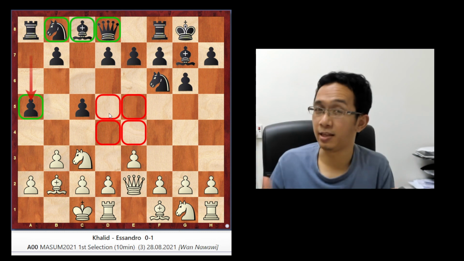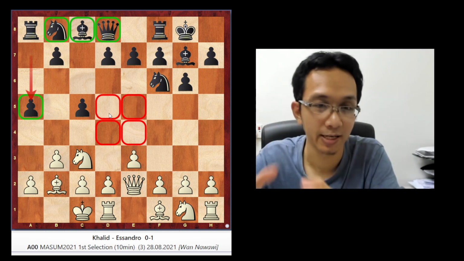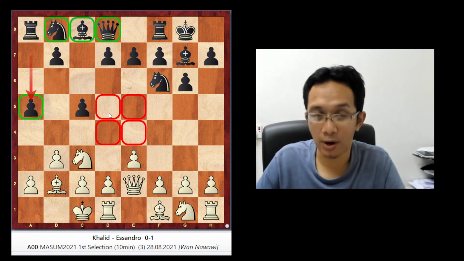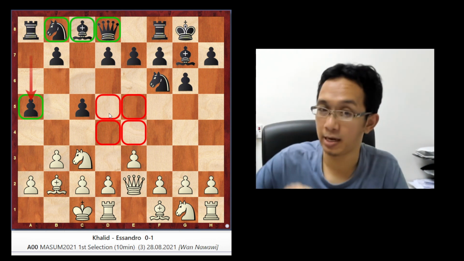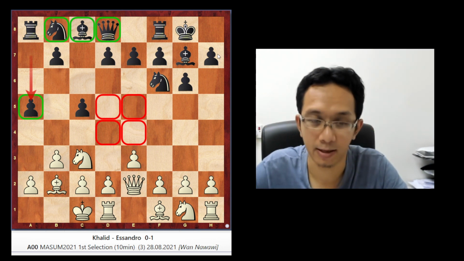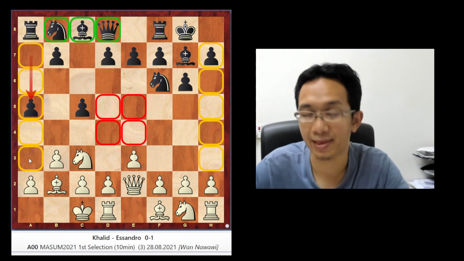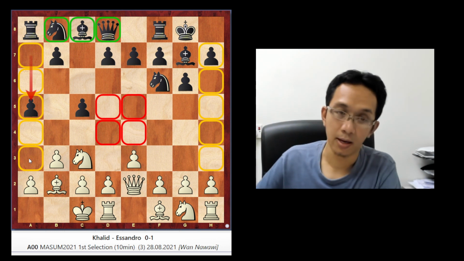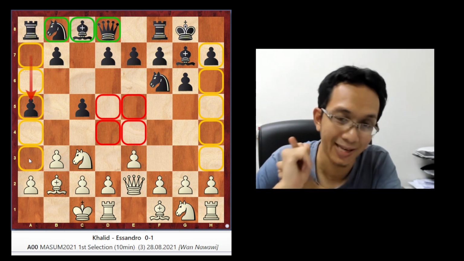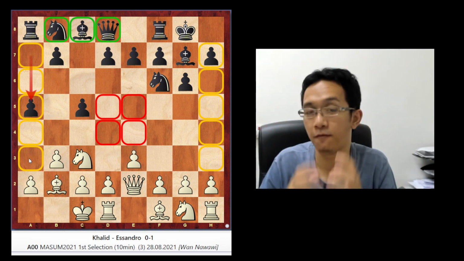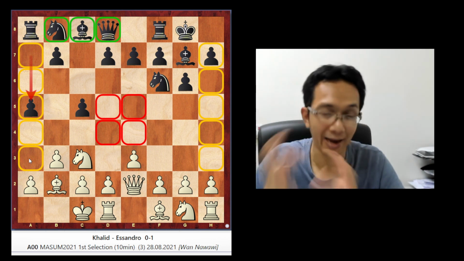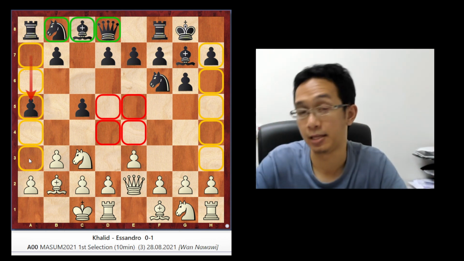there is nothing in the center, so there is no tension in the center. The problem is when you try to move anything on the flank. When I say flank, it means the side. If you want to attack on the flank, please make sure either your center is firm, meaning that you have firm control in the center, or it's blocked or nothing happens in the center.